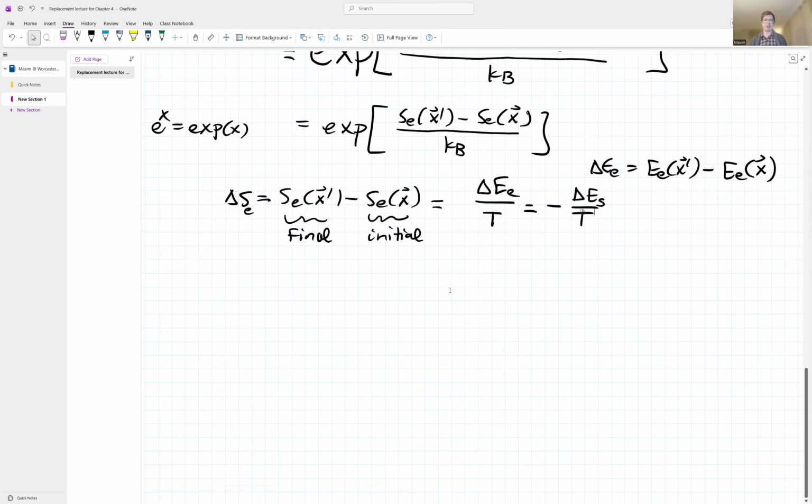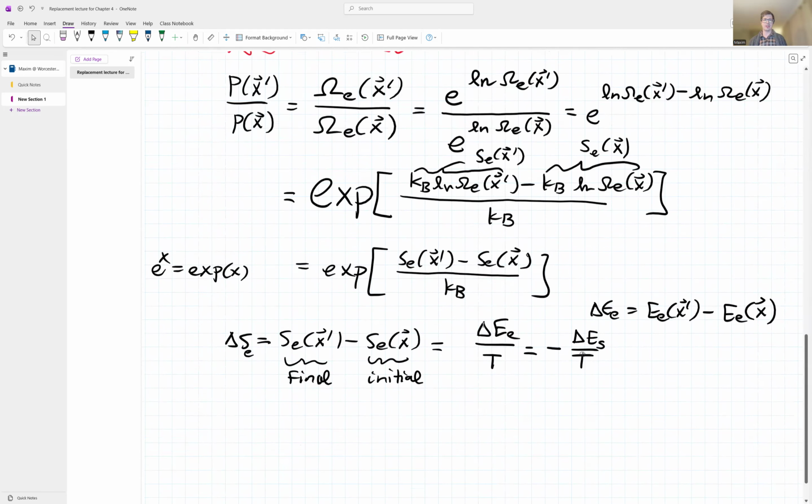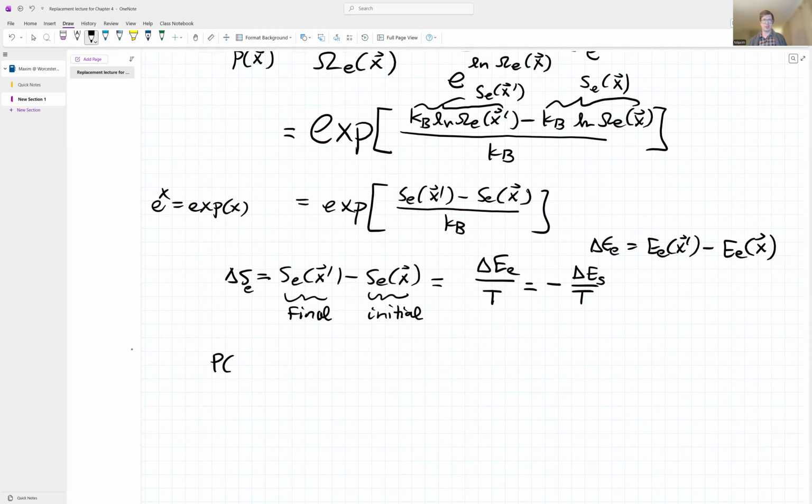Okay, so now we plug in and we get that the ratio of probabilities is exponential minus the delta E of the system over now k_B T,